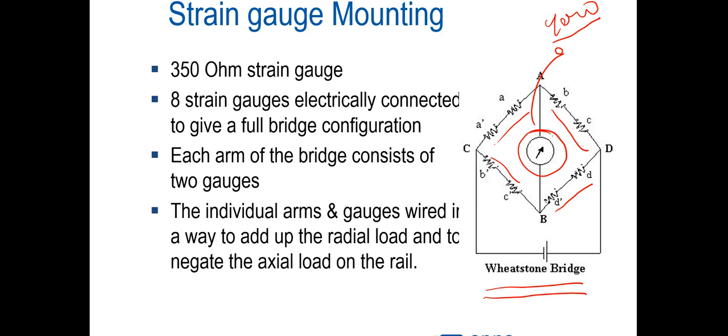Okay, so these 8 strain gauges are connected to give a full bridge configuration. And in case there is an impact, then you would find that at that particular strain gauge, there will be a sudden increase in the strains recorded. That would cause this Wheatstone bridge to become unbalanced, and then the reading would no longer be 0. It would be a sharp increase in value, and that's what your software is looking for. So that's the basic principle and configuration of how a wheel impact load detector works.